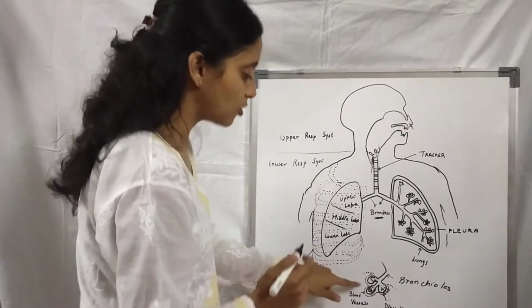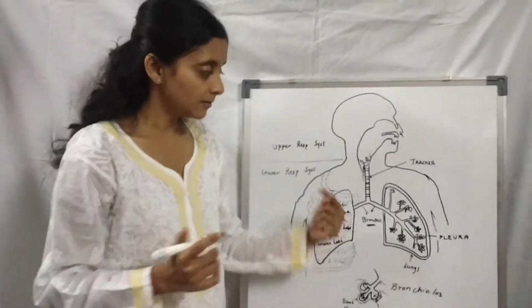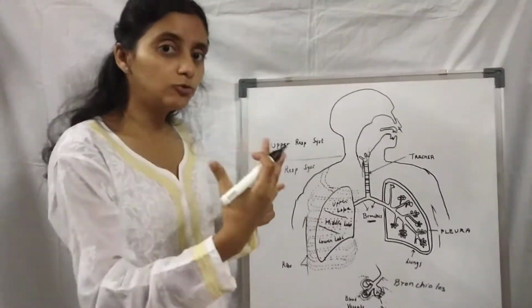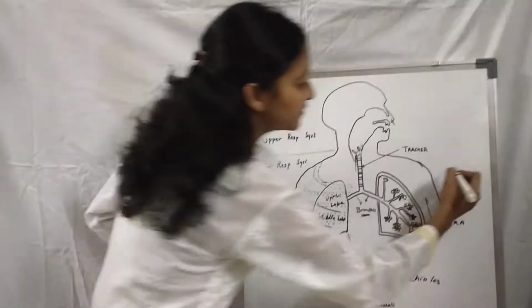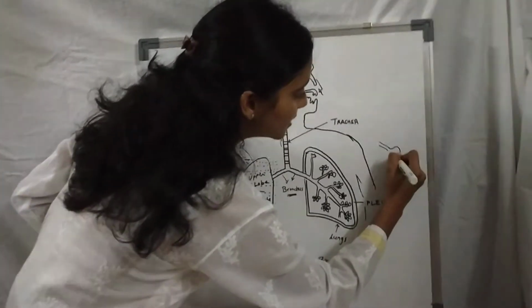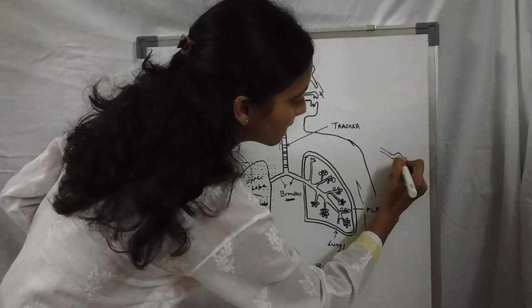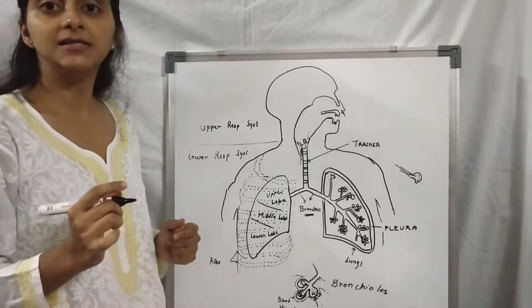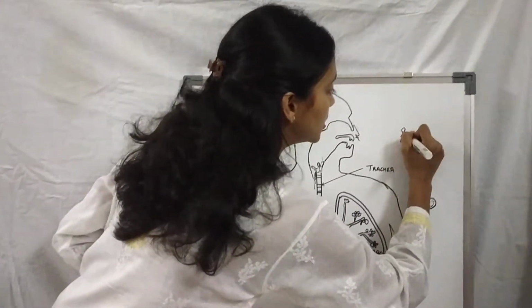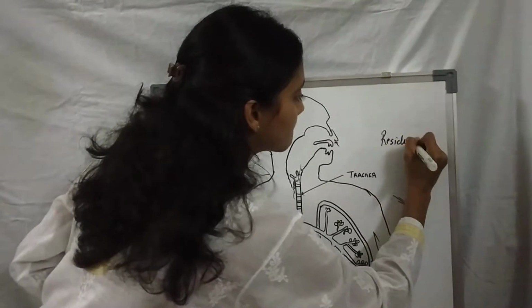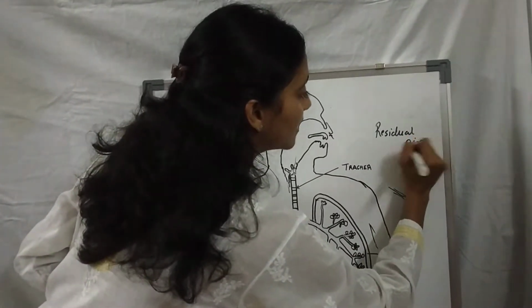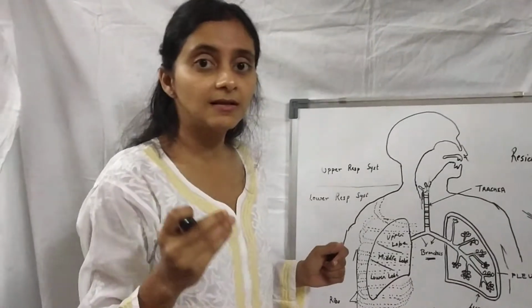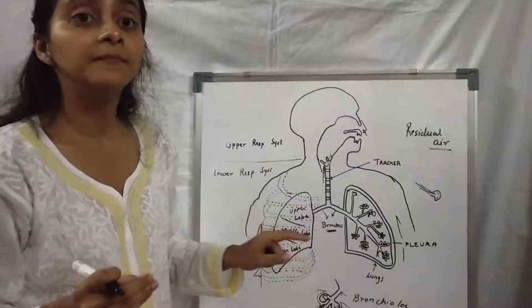And one very important concept is, when we breathe in, we are taking in air. When we breathe out, we are breathing out air. When we are breathing out, there is some portion of the air which still remains in the alveoli. So we are not breathing out all the air completely. There is some portion that still remains in the alveoli, and that is known as the residual air. This is present in everybody. There is some amount of residual air which remains in each alveoli of the lung, in everybody.